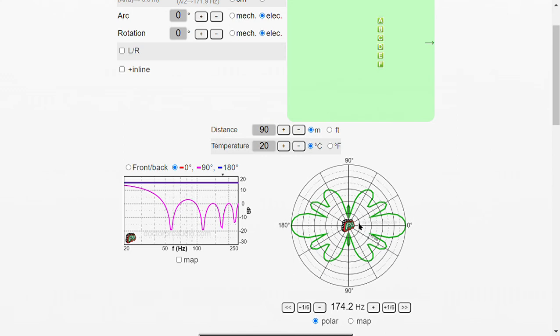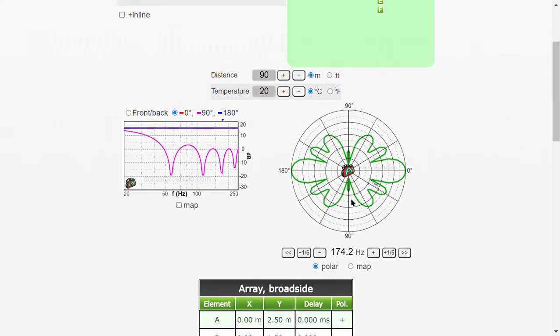The polar plot that you see here is symmetrical. Both halves, or it's actually quarters, because left and right and back and front are the same.